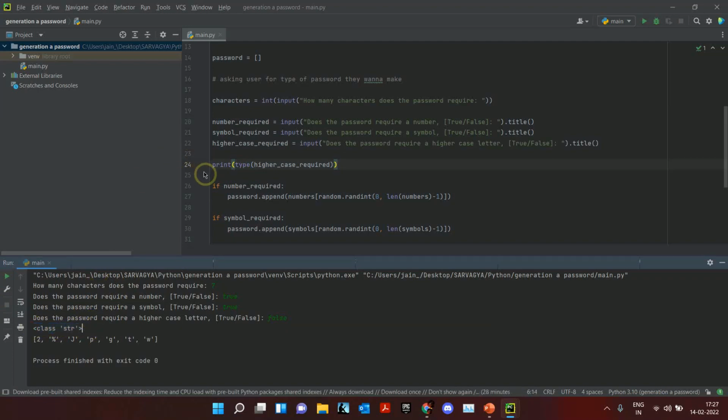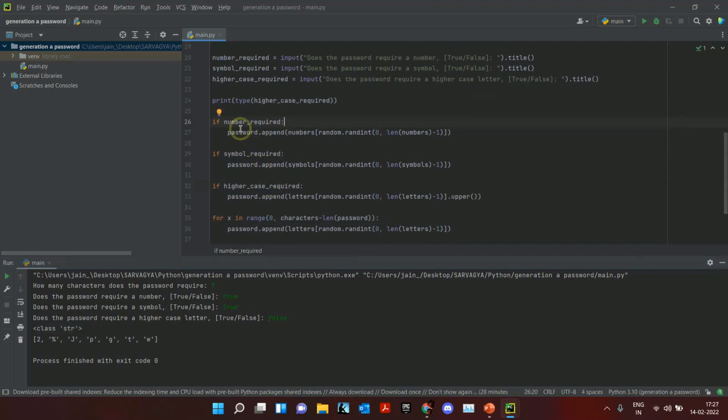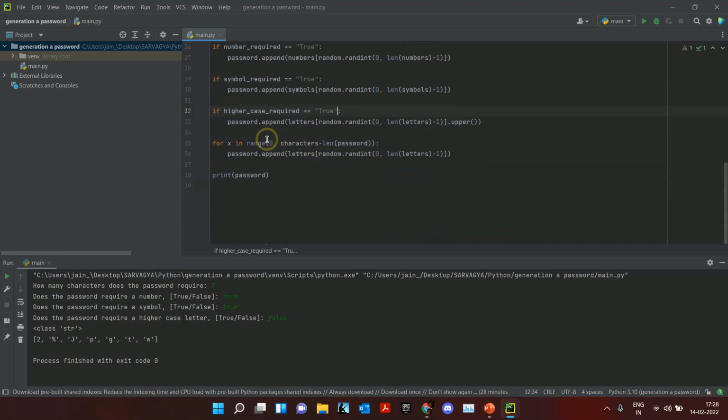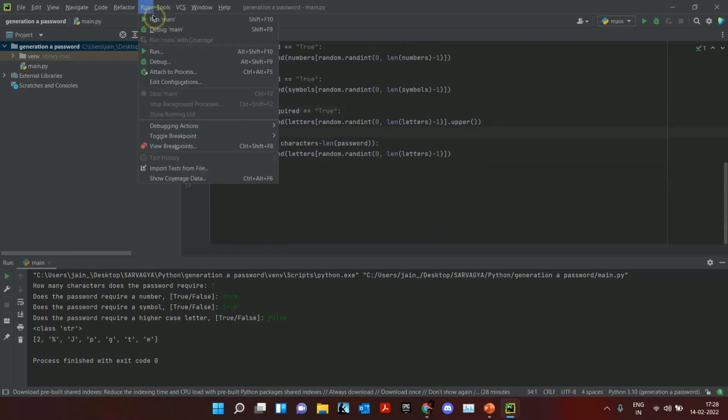So that's why when we write if number required is equal to true, it doesn't work, because if we write it as false, it's still going to think it's true because it's not a boolean. So we'll just change this into true for all of the conditions. Remember to add double equal signs, or else the computer is going to throw an error. Equal to true, equal to true. So now if we run our program,